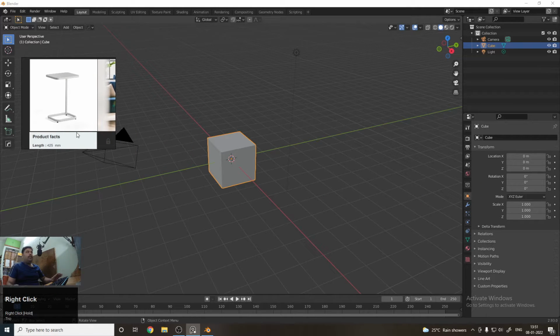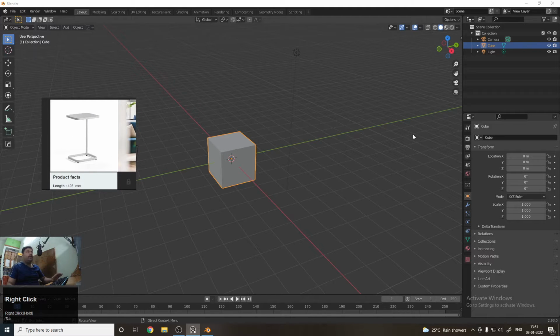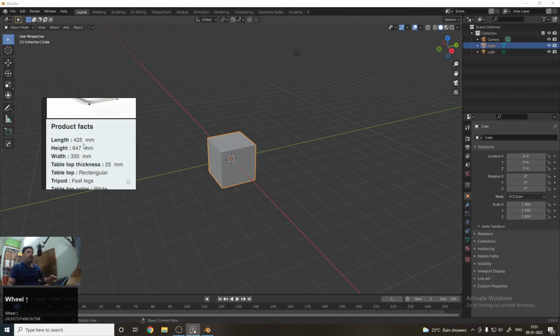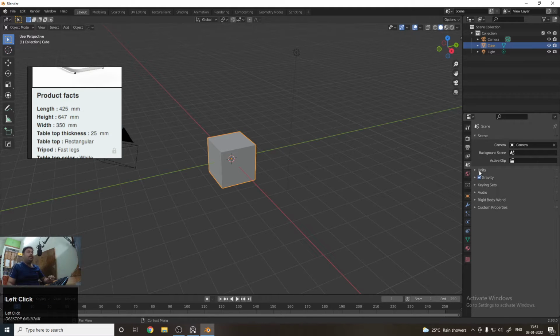Now the main thing is how to start the settings of Blender so that you can set Blender into mm. To do this, first of all you have to go to this panel, you can see here. Then you have to click on this icon where you can see an option as units.